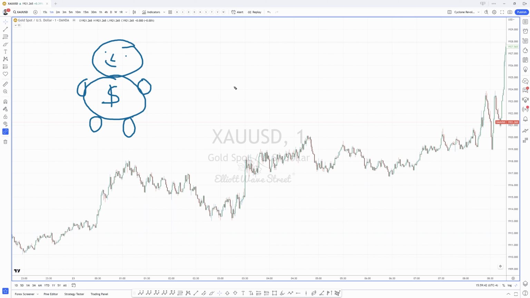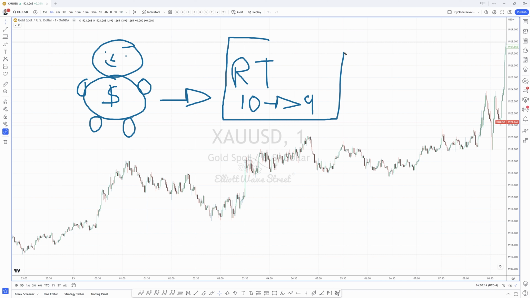On the other side, we have the rest of the participants of the markets, the retail traders. The retail traders are the ones that are losing almost all the time. We know that from 10 traders, 9 are losing their money. So this is huge. The difference we can see in terms of the business is that the big guy is going to absorb all the losses from the retail world. Imagine you have a business where all the losses that the other participants are having are going to your pocket. Wow, that's a great business.